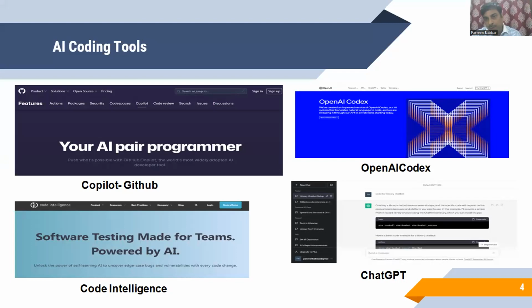The second one is OpenAI Codex. This is the background of ChatGPT itself, because it used the GPT-3 and GPT-4 models. At present, the GPT-4 model is mostly coming up, which is a paid version also. Up till 3.5 it's a free version, and as I told, there is a language learning model which works in the background of this OpenAI Codex. Recently, in March 2023, the Codex model which it was using has been retired, and now it is using a newer model, which offers compatible abilities for coding tasks.